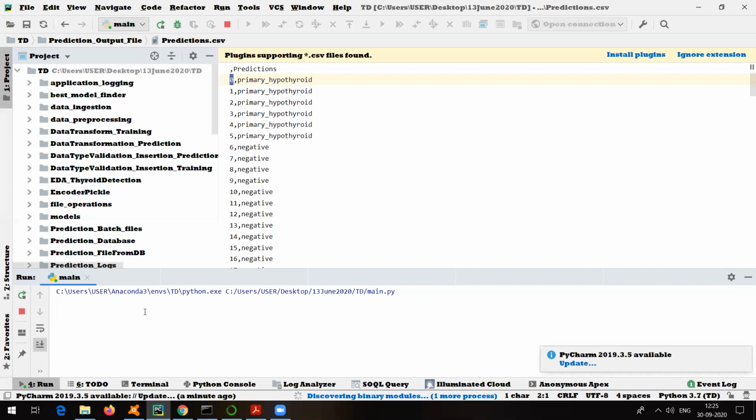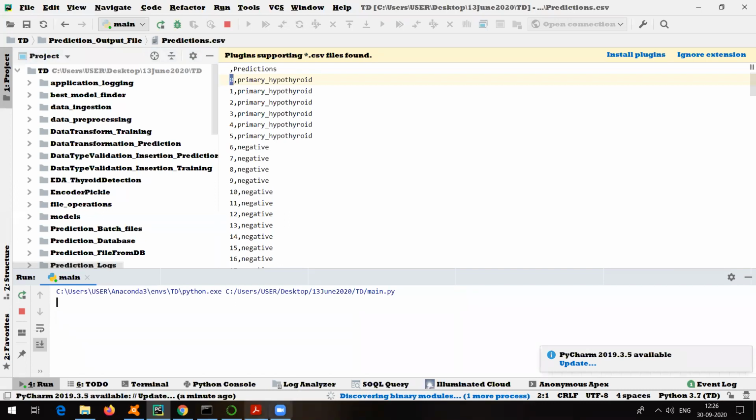Okay, so it is still running. Let that particular link come, let it show us the link. If you are able to see here, it is showing me discovering binary model. So yes, it is actually running in the background. We will have to wait till it shows us the link here. It will go into debugging mode and then it will show us the link.